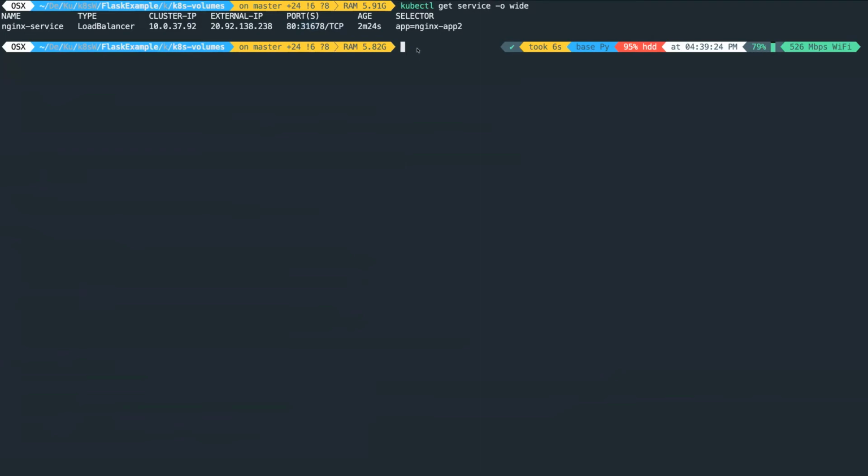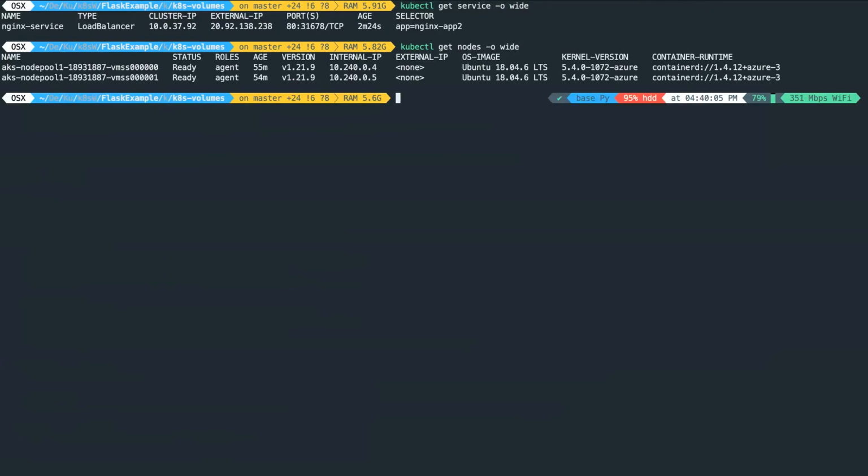What else can we create? Okay, let's describe a node. kubectl describe node. Let's get the node first. kubectl get node -o wide. And then now we can describe the node. Okay, so kubectl describe node. Then we just copy, let's say, the first one. So if I do that,